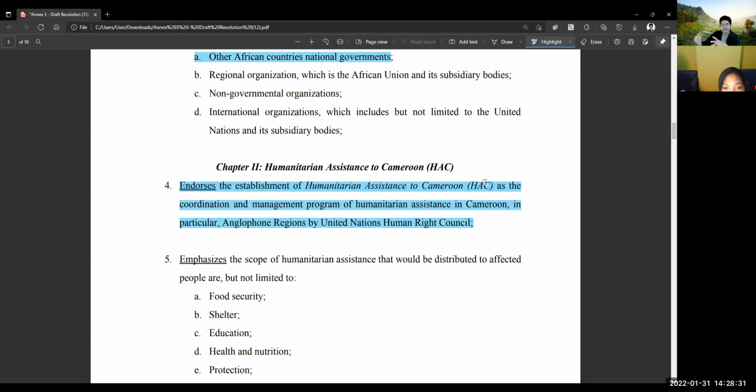They might be sending the assistance to the wrong group, or maybe to a group that is not included in the priority section of the victims of human catastrophe in Cameroon. So we need a management program where we can detect the priority, right? We can detect which area of Cameroon needs the assistance the most. And by that particular detection program, every country can rely on HAC, they can rely on human assistance to Cameroon